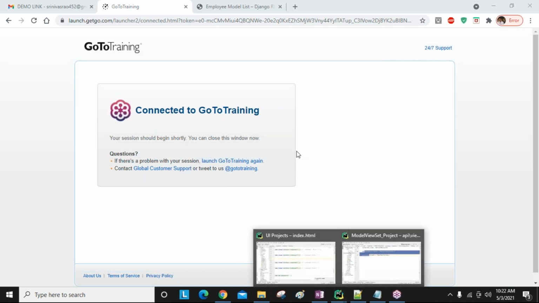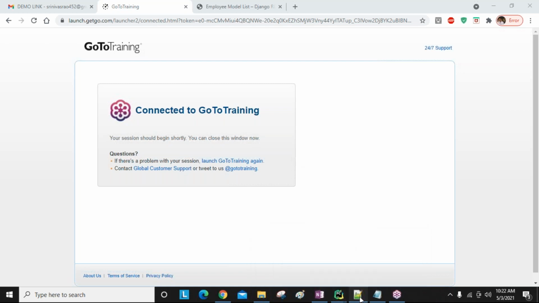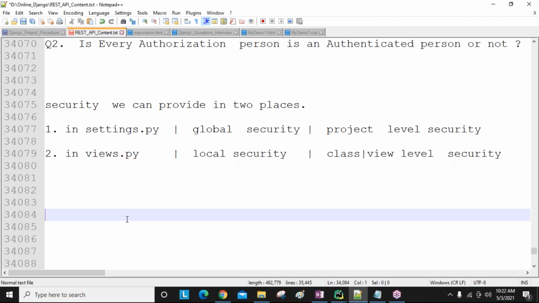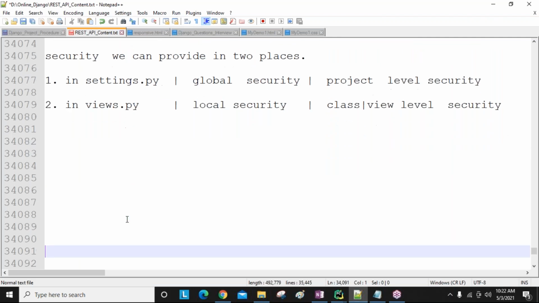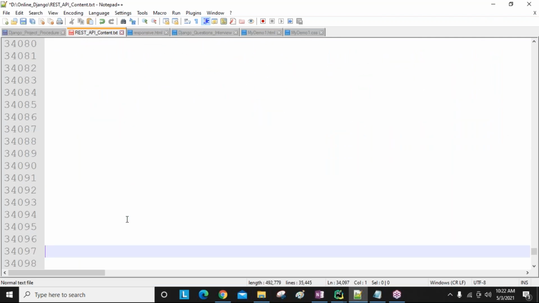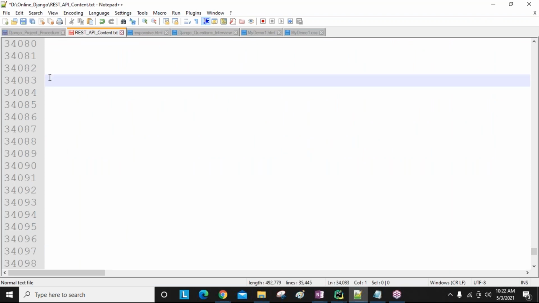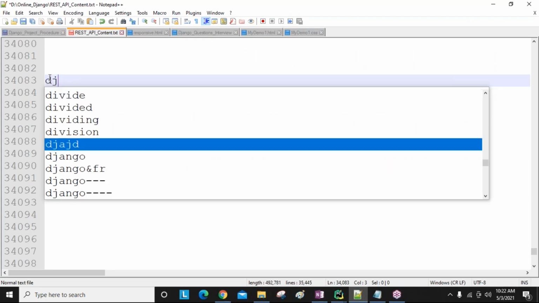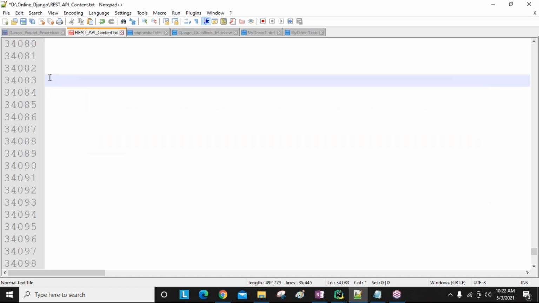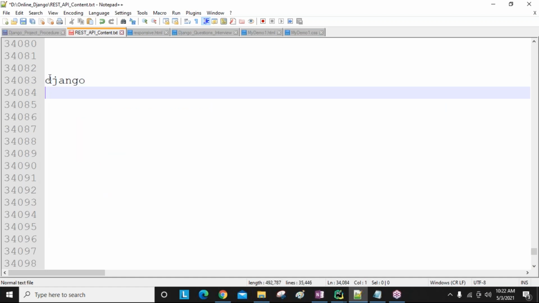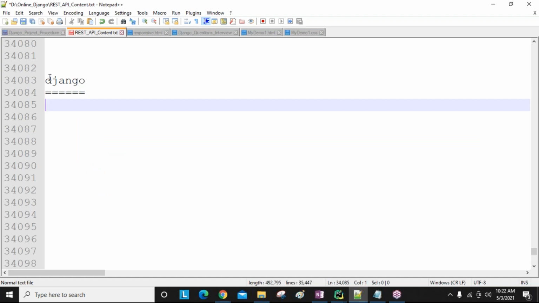So guys, in the last session, we discussed the Django installation, and using that, we also created a basic project. A simple overview today: how to install Django. These commands are very important, that's why I'm telling you again and again. Once you understand all these things, the rest of the code we can easily develop.